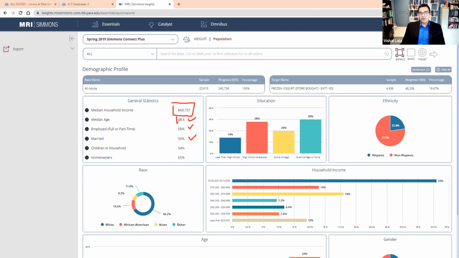What about those who don't eat frozen yogurt? Is that number lower, higher? Just from general knowledge, I know the number for the median age of an American is far lower than 48.6. It's closer to 40, right? So then it seems to me that a froyo consumer is going to tend to be a relatively older person with relatively higher income,